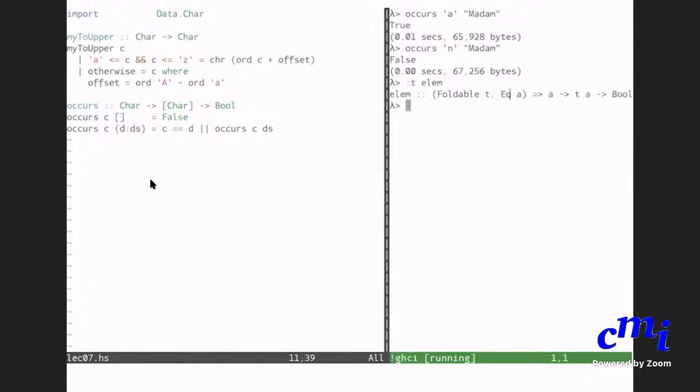But basically, as long as a admits equality, it is a arrow list a arrow bool, which is what you want. So you can just check elem c cs, and that will give you the same result.